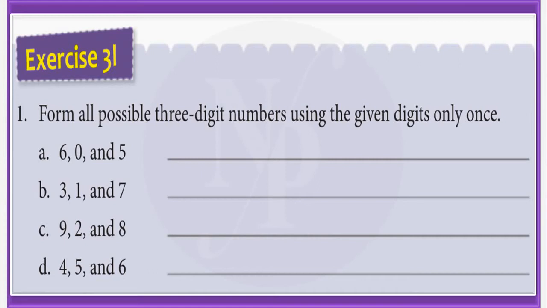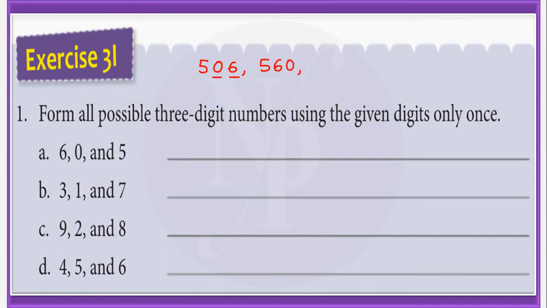So here, using the digits 6, 0 and 5, let me start from the smallest possible number that can be formed, 506, and then keeping 5 there itself, interchanging these digits 0 and 6, I may write another number, 560,